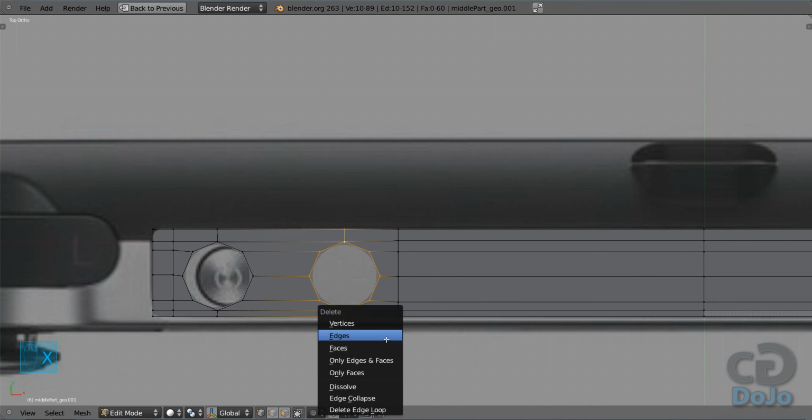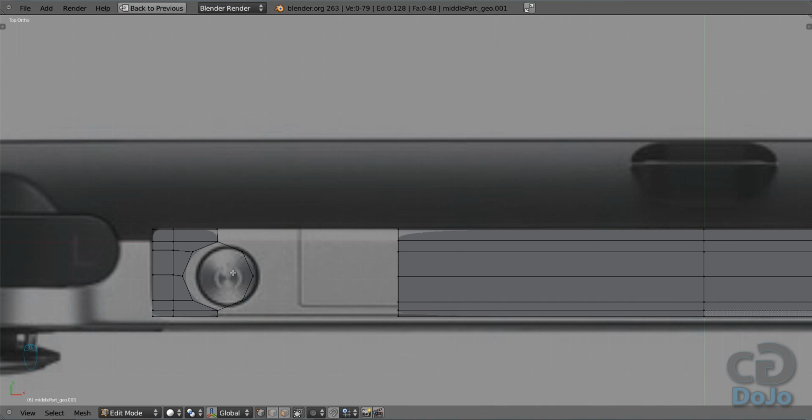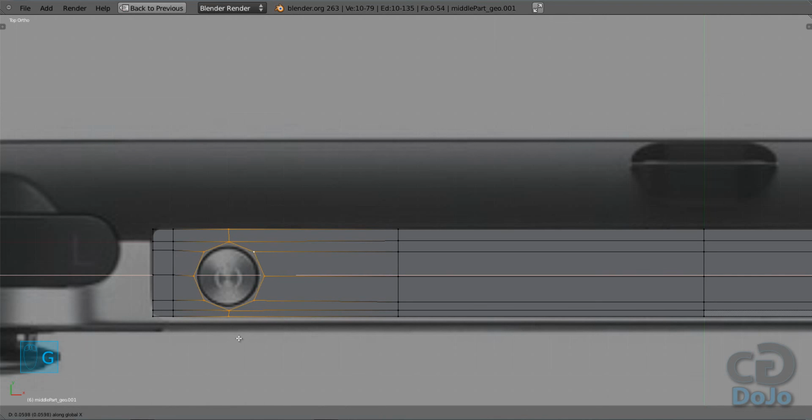Okay. Edges. No faces. Oh well, what I did. Okay, now let's fill out the other parts. Okay. 1, 3, 4, 5. Okay. Let's move this next. Okay. And now,